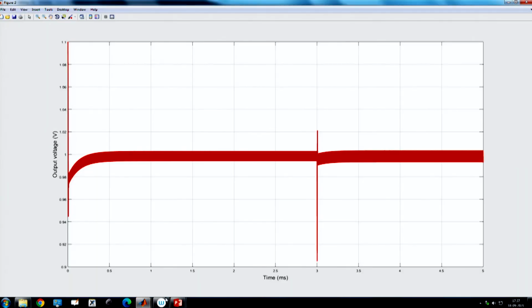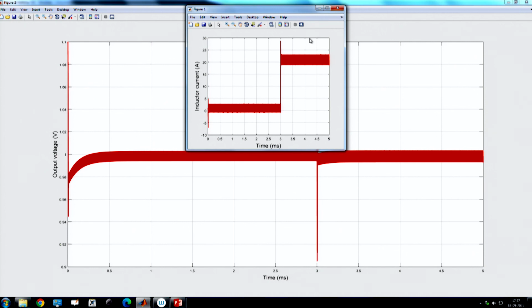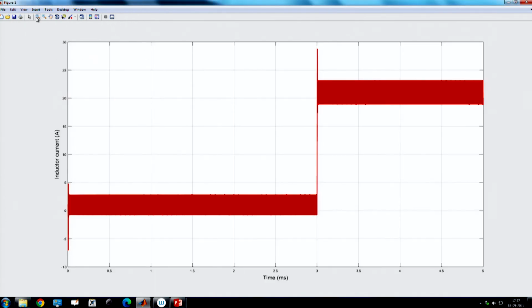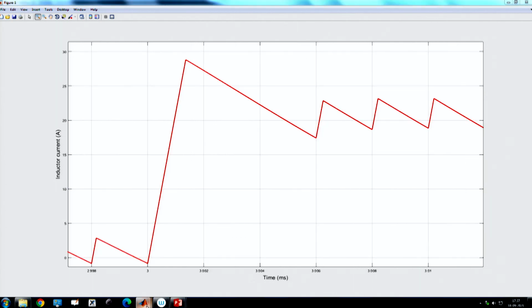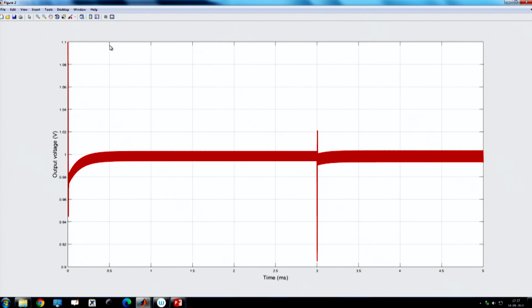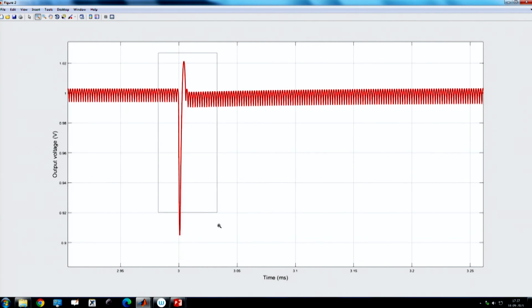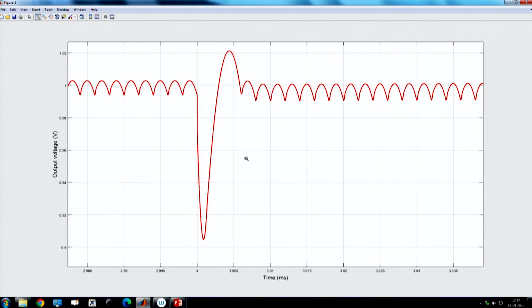This is under current mode control, where it undergoes a 20 ampere load step from 1 ampere to 20 ampere, and you can see it is close to time optimal. The output voltage is not exactly time optimal because there are some effects, but it is much faster.